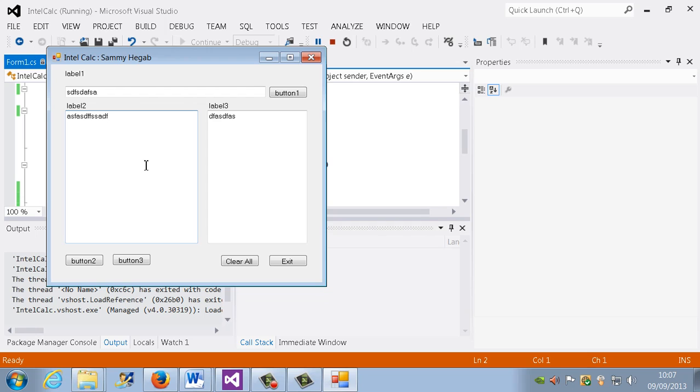If I have something here, and what we want to do is we want to see if it just clears those two and doesn't clear that. So if I click on that, there you go, and that's still there. That could be the file name. Right, so we click on exit again,